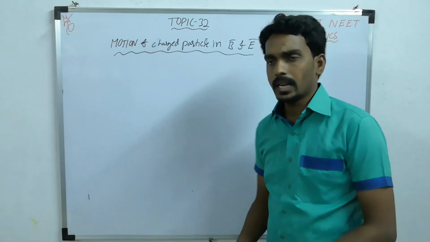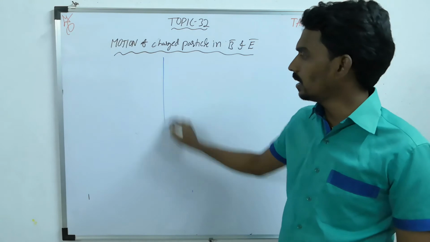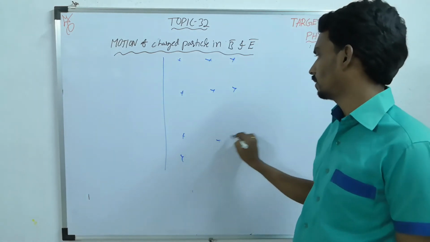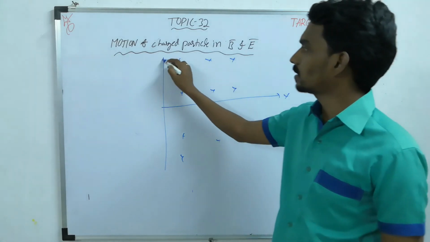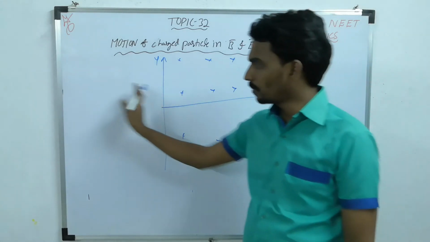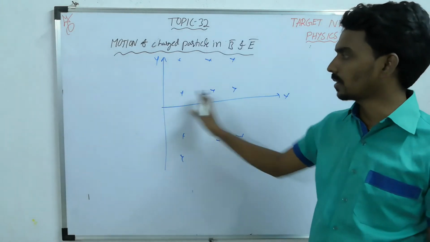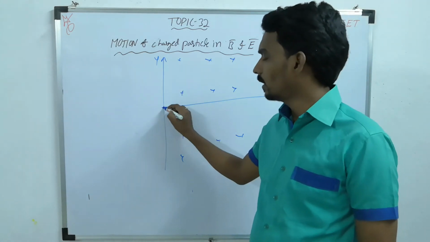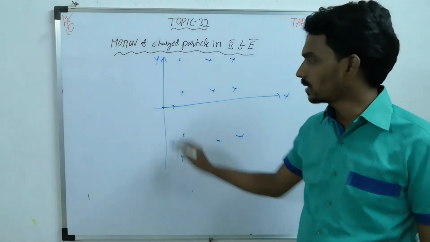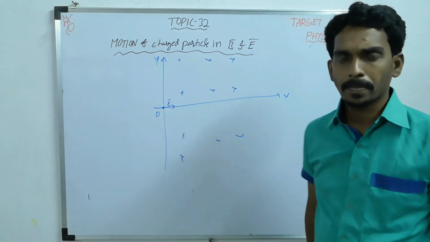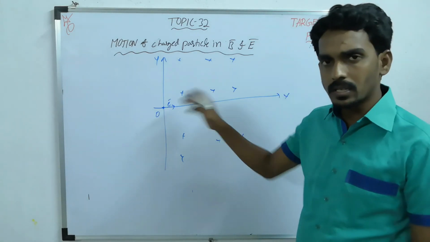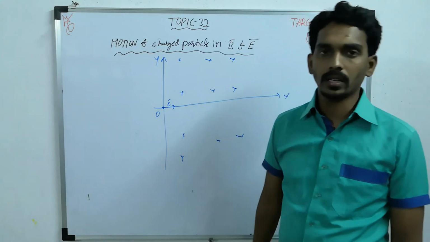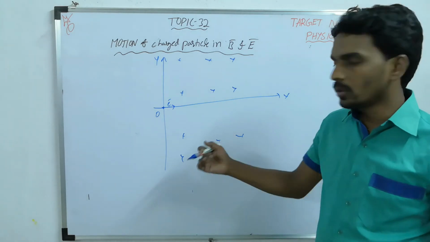Like, there is a uniform magnetic field in a region, suppose, like this is the x-axis, this is the y-axis. There is no field on the negative x-axis side, it only starts from the origin towards the positive side. One electron enters along the x-axis at the origin. Then it emerges out of the field through one point. What are the coordinates of that point? They will ask you. So how do you calculate that?